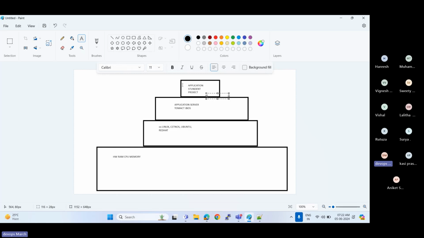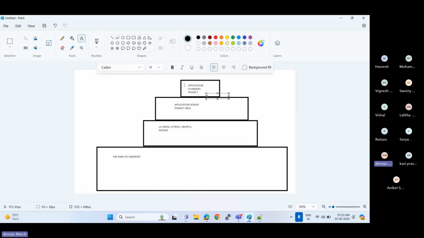Once the application is deployed, we will access it with an HTTP URL: HTTP, then the URL, then the port, and then the application name, whatever application we have deployed. If you are changing the application or a feature, for that we will stop the application, remove the existing app, and deploy the new one, right? That is what we have to do, right?